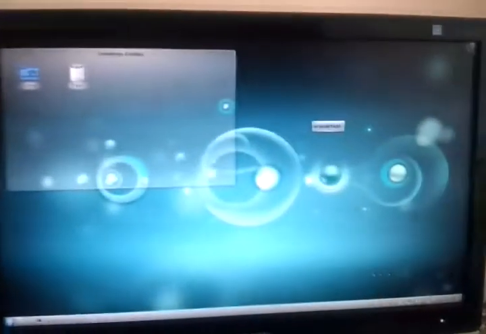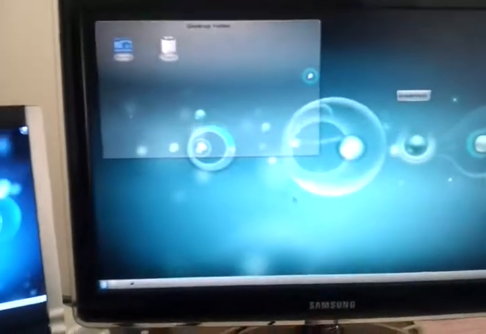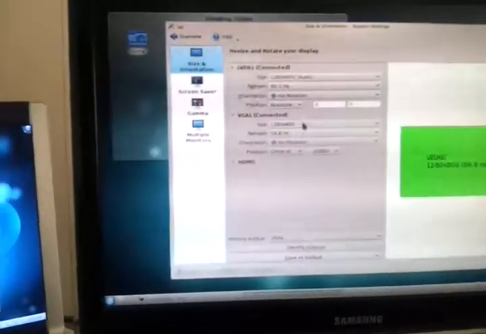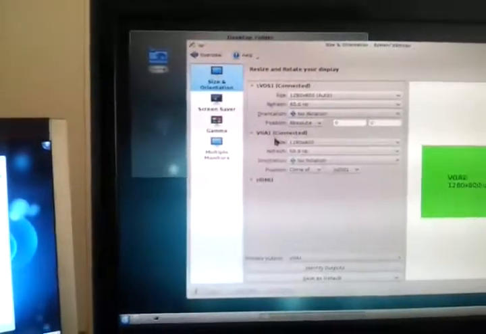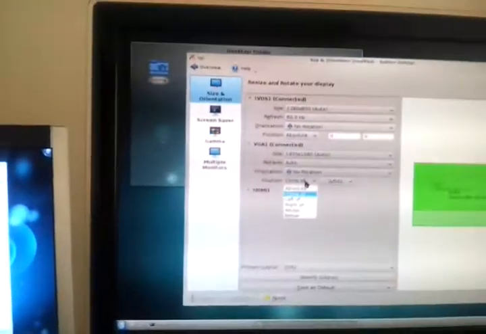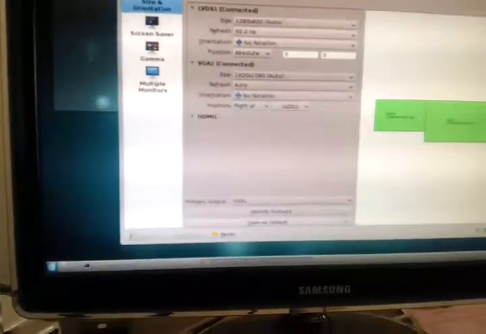Let's see. You can see that now I have the same output in both screens. So the first thing I'm going to do is access the configuration dialog and try to put the VGA at 1920 resolution right off the LVDS, which is the laptop screen. So I'm going to click apply,